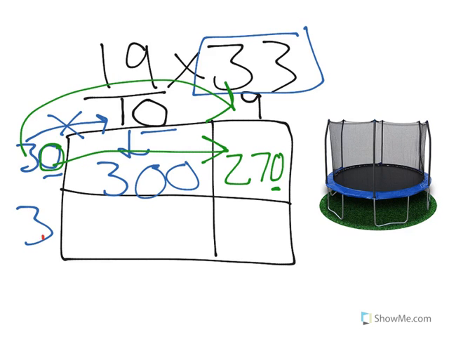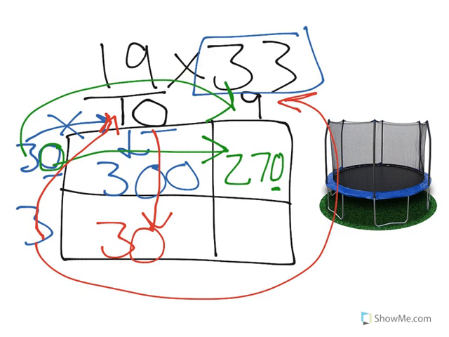Now I do 3 times 10, but that's going to line up here. So 3 times 10 is 30. And then my last one, we're going to multiply 3 times 9, and that lines up right there. So 3 times 9 is 27. Now I add across 300 plus 270, which would be